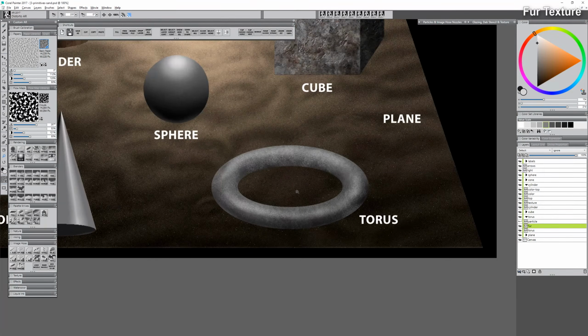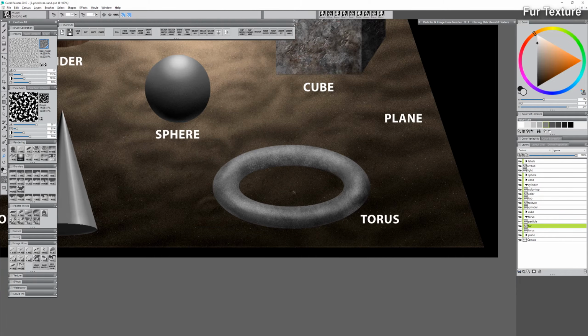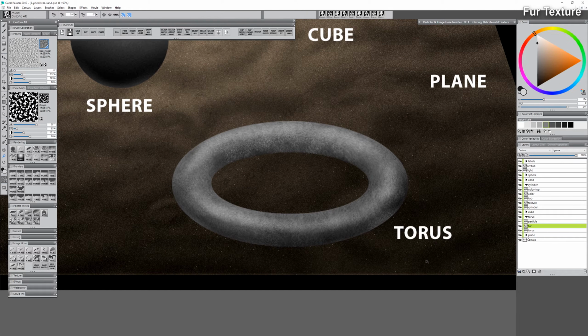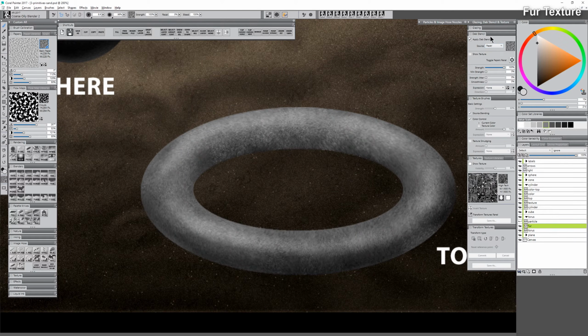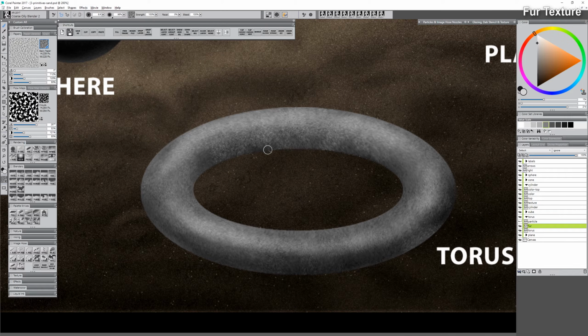So now if we zoom out, you can see we have a nice furry texture. This is kind of shorter hair, like maybe on a rabbit or something. If we want longer fur, we can follow that same principle, but we'll want to use something streakier like the coarse oily blender. I want to deselect my active selection with Ctrl-D. I also want to change my dab stencil to just the paper, so I'm not using the flow map. And with a small brush, I can pull out some longer hairs right along the edge, and that just helps